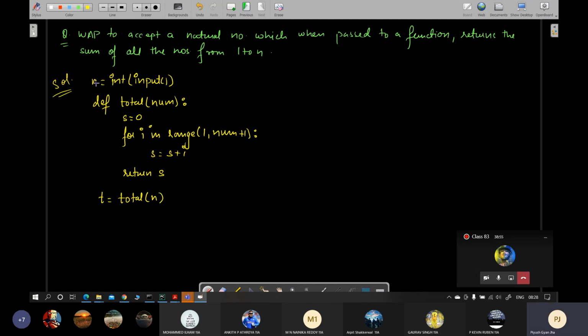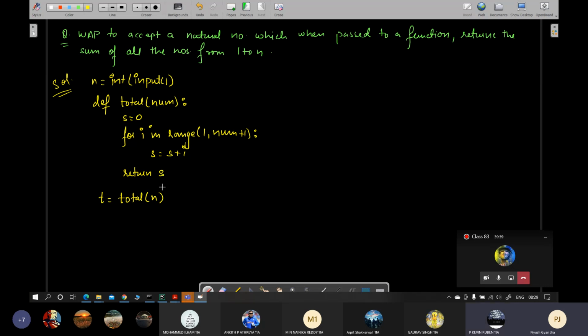So this n that you have asked from the user is passed at the time of function call. Okay, when this line will be executed, the right side of the equal to will be evaluated first, resulting in the call of this function with this n value accepted from the user being passed to this num. Then it will start the local scope of the function. Some variables in the local scope will be created, and this s will finally have the sum of all the numbers from 1 to num, which is a copy of the value from the global scope, and its sum will come. Once the last line is executed, before being destroyed.